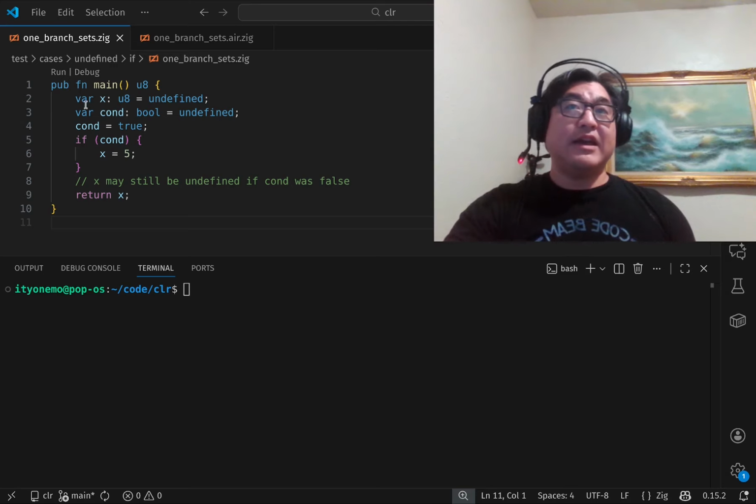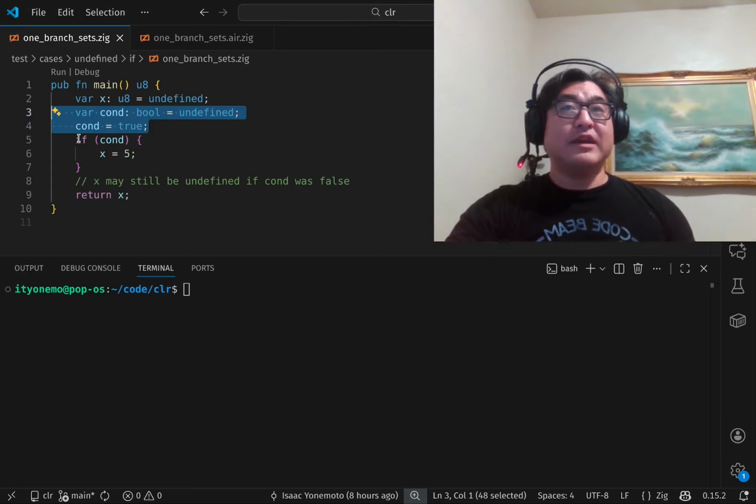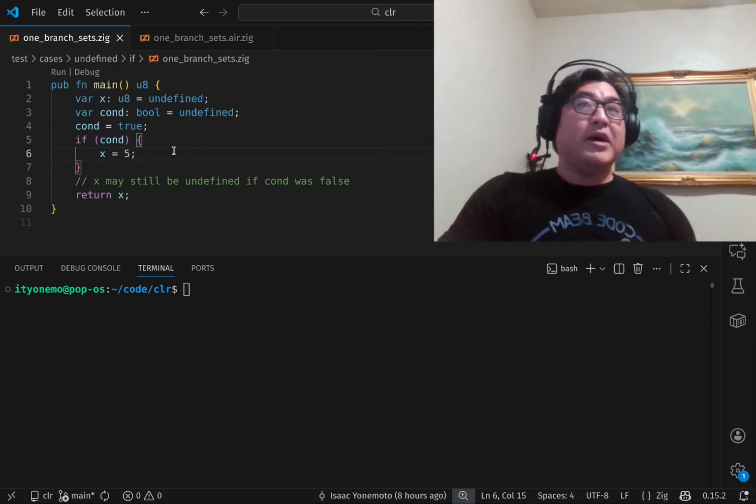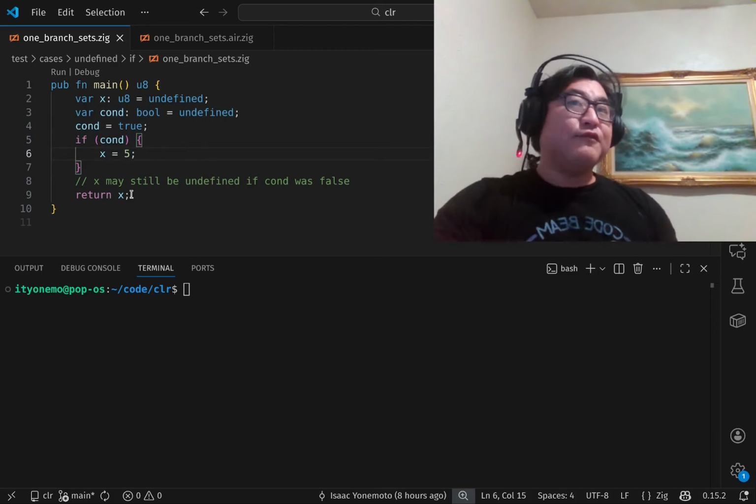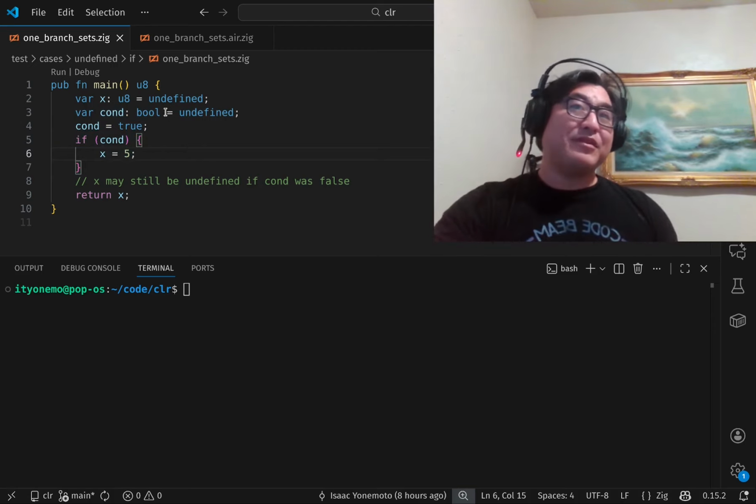We're going to create a variable x. We're going to set it to undefined. Then we're going to set a cond variable, which we'll set to true. And if cond is true, then we'll set it to x, and then we'll return x. If it were const, then the compiler would take this entire if statement, evaluate it at comptime, and completely remove this. But in any case, it's a stand-in for this hypothetical situation where we have some sort of user